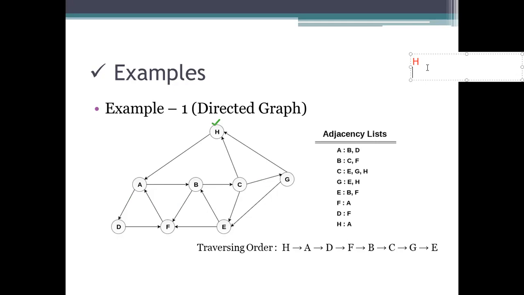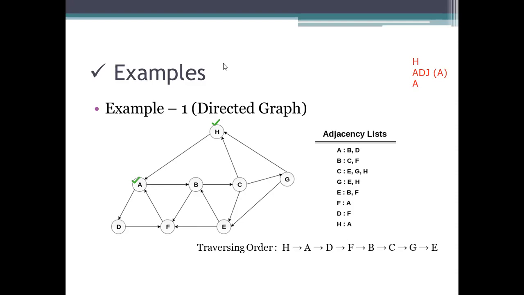As it has an adjacent vertex, which is A, visit A. A has been visited. After visiting, represent it as a marked one.